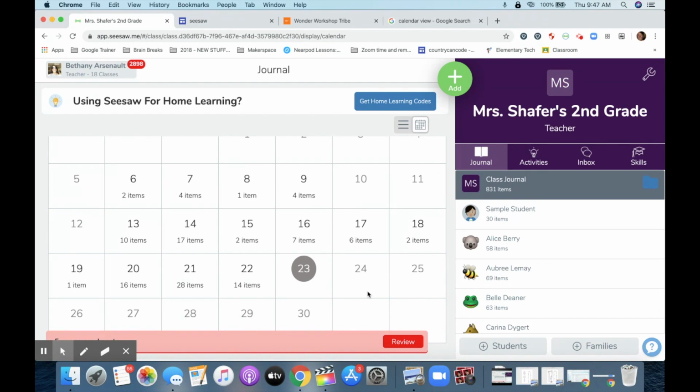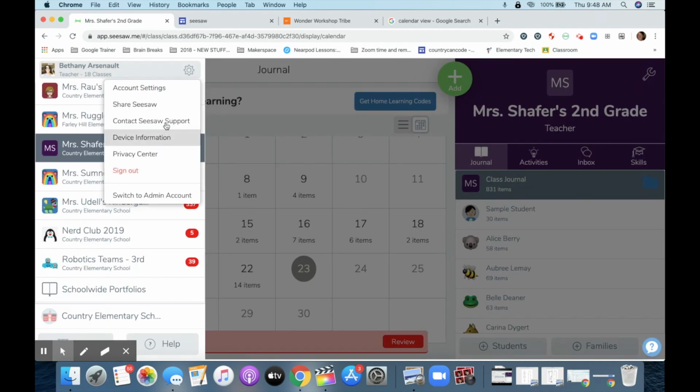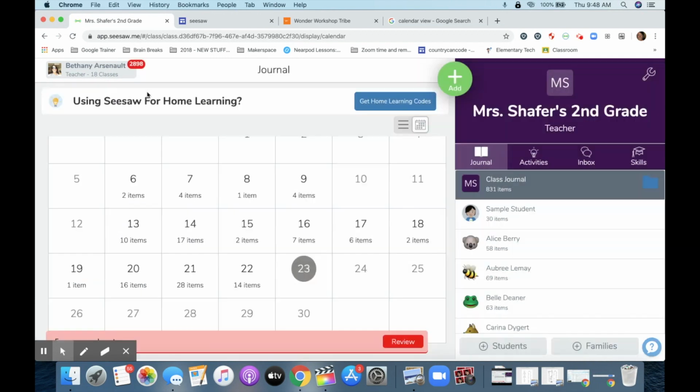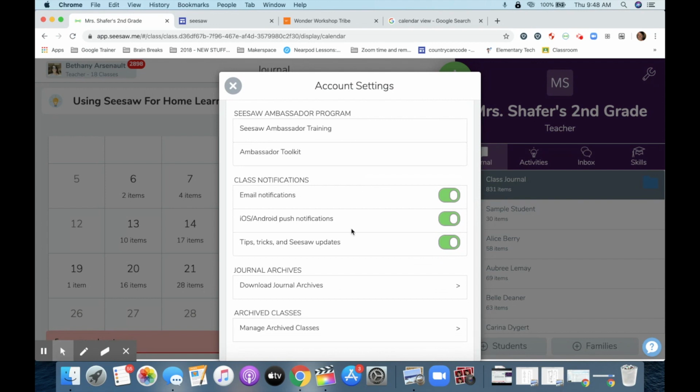Another thing is if you are a co-teacher and you're getting notifications from the other teachers in your classroom, that's going to happen because we're all equal and these are our students. If you want to get rid of these notifications, just click on your name, click on this gear, click Account Settings, and then scroll down to where it says Class Notifications. And just uncheck all three of these, and then you will not get bothered in your email or push notifications to your phone. And then you can just choose to come to Seesaw to see your students' work without getting